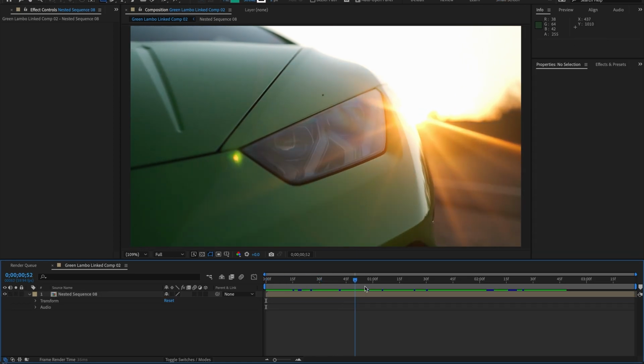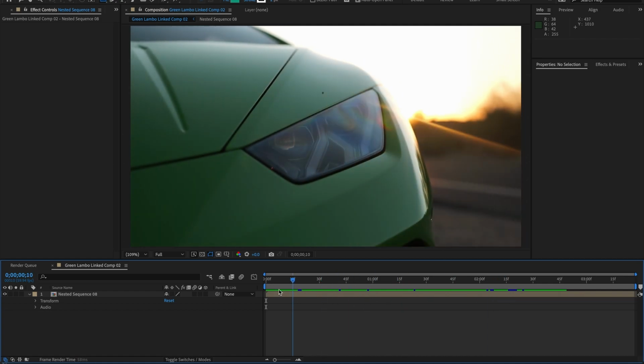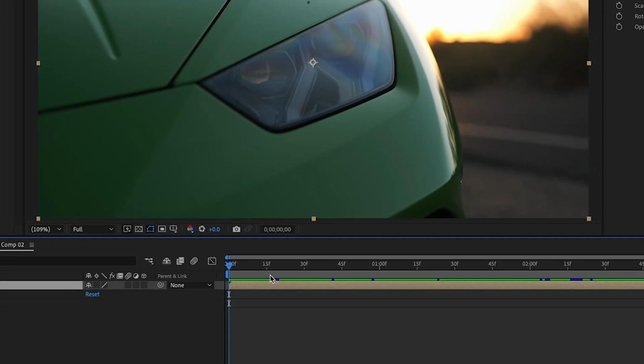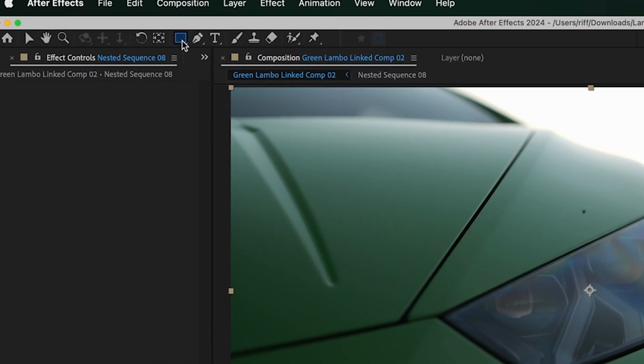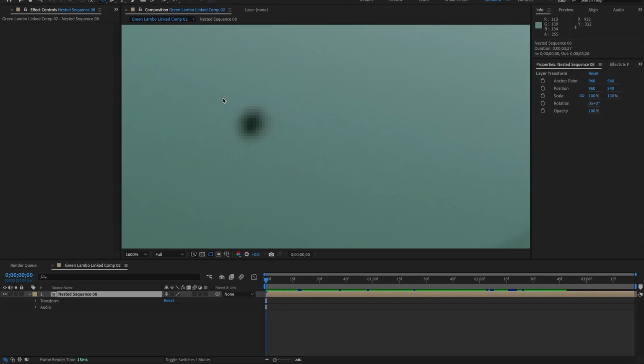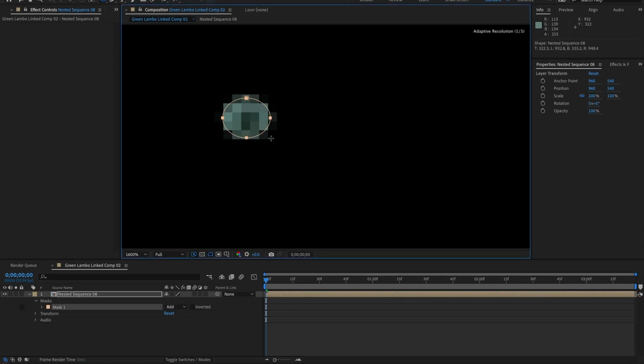Now first, let's create a mask on this clip. Make sure you click on the clip itself so it is highlighted, otherwise it won't work. Next, up on the toolbar, we are going to see this mask shape layer. I'm going to hold Option because I'm on a Mac and click a few times until I see the circle mask. We will then click and hold until we have completely surrounded our subject so our subject remains inside the